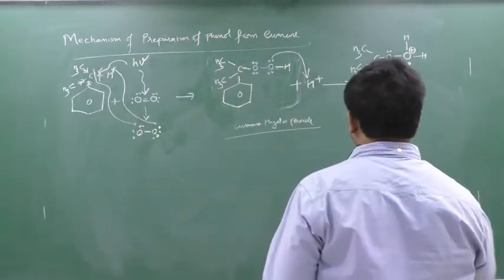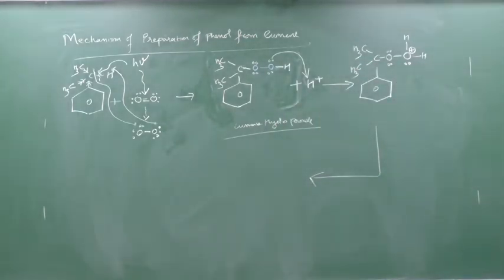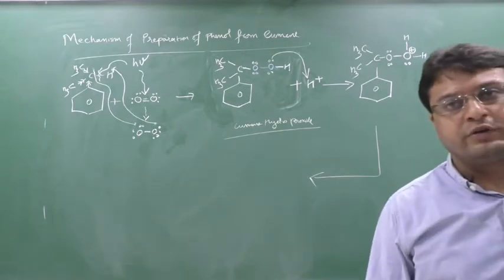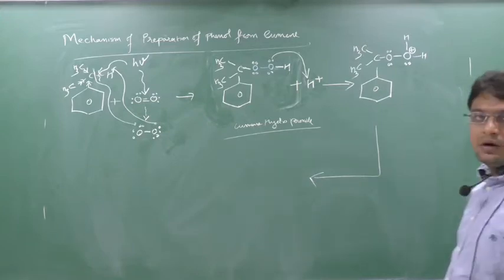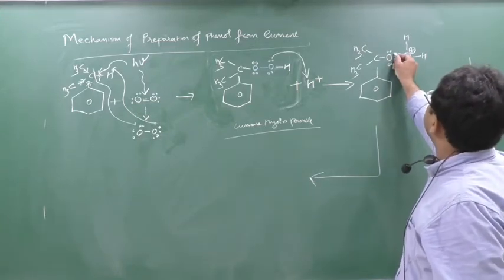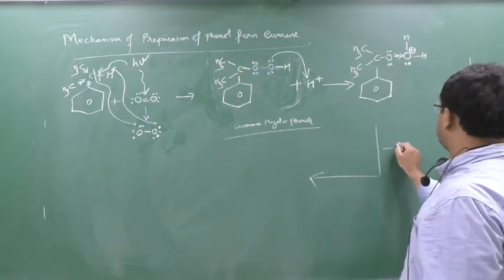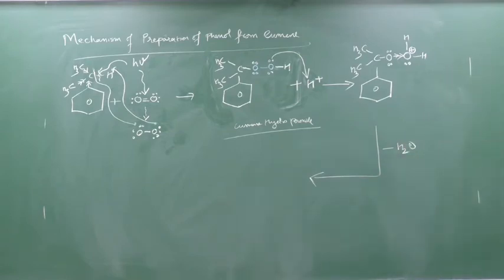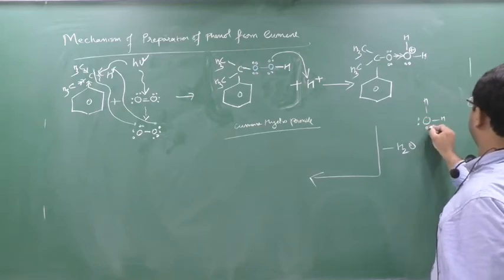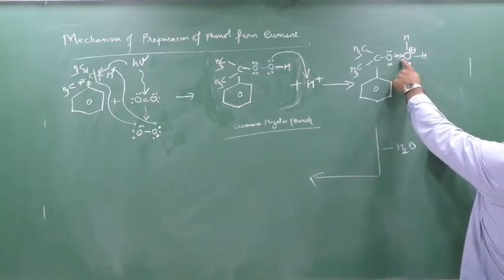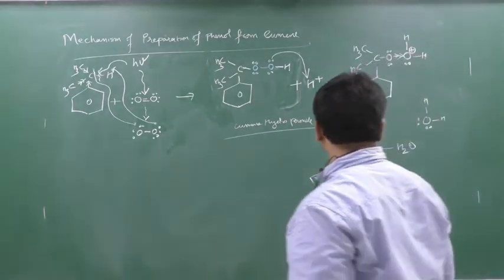Clear? Understanding? Now see here. As you know, this is an oxygen, and oxygen is an electronegative element. So oxygen will not like to have a positive charge. Means it will start to attract the electron from the neighboring element. So which is the neighboring element? This oxygen is also the neighboring element. So it will start to attract the electron from this neighboring element and release H2O. Yes or no? This will be the formation, no? I hope you understood. This was the lone pair which was previously there, and this oxygen will start to attract the lone pair from this oxygen. So now what will happen? Who has given the electron now? So here water will be released.